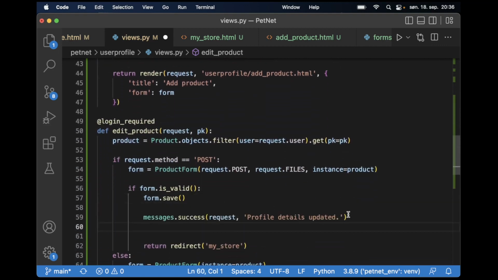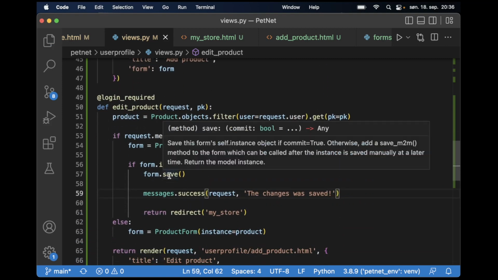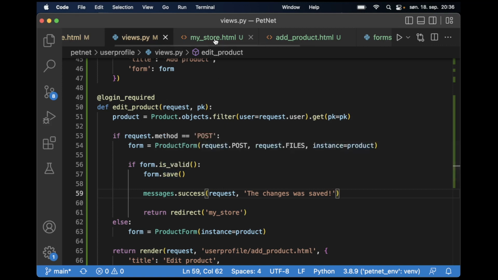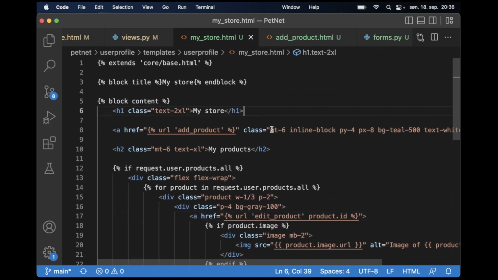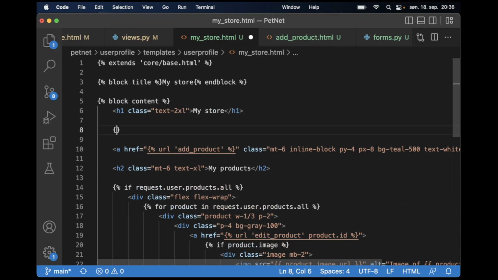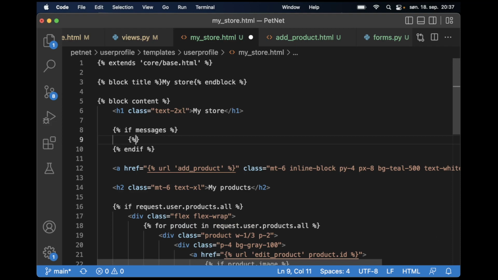And then down here we can say the changes was saved, like that. So then the next step is to show these messages. If I go into my store, I want these to show below the title but above this here. So here we can actually just say if messages, because Django automatically provides this for us. Then we can loop through them by saying for message in messages